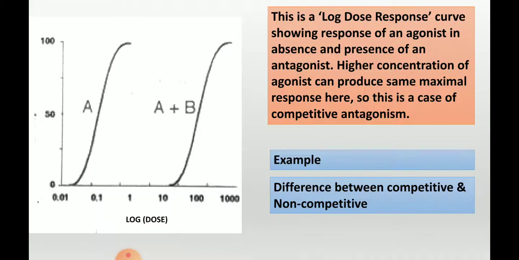Go back to the previous one once more. In this case, the examples are acetylcholine, atropine, and in one of the next slides I will show you, by increasing the concentration of acetylcholine, you can regain the same action. So the efficacy will be retained in spite of the presence of an antagonist, and that is the reason why there is a right-sided parallel shifting of the curve, and this is an example of competitive antagonism. I will show you with one experiment how competitive antagonism is demonstrated in the laboratory.